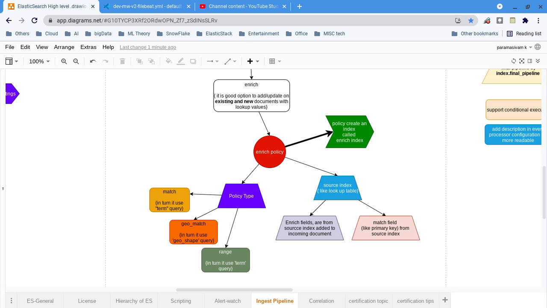Similarly, here also, if we want to look up an external source and get the data from there to here, adding a few more columns while indexing, this is what enrichment is.